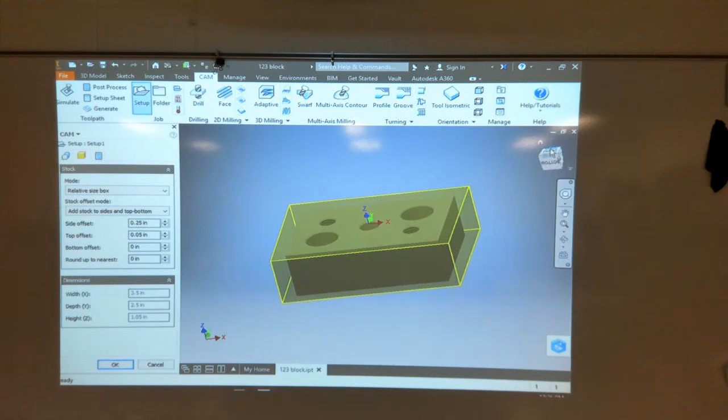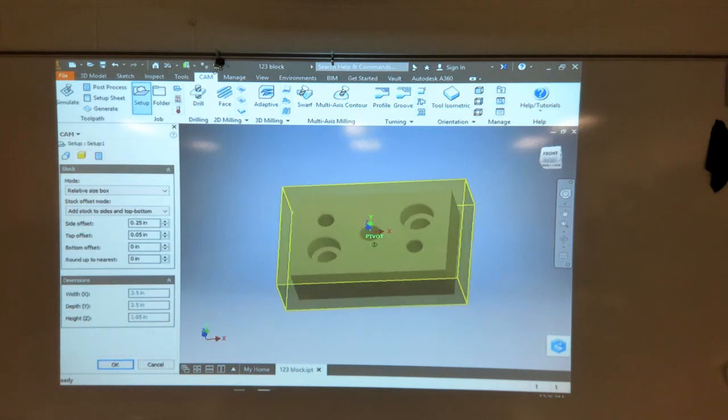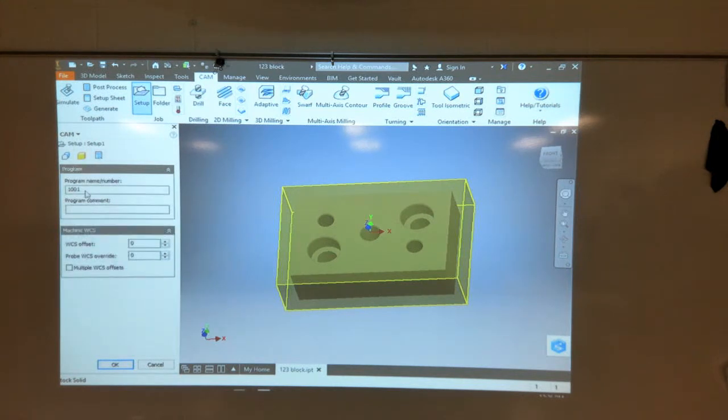So let's just say we're working with a box. This gives us a box that is 3.5 by 2.5 by 1.050 inches tall. So we can handle that. We don't really need to do anything with this right now. We can name it, and it could just be 1,000. And if we want to put any kind of program note in there, we call it 1, 2, 3 block,